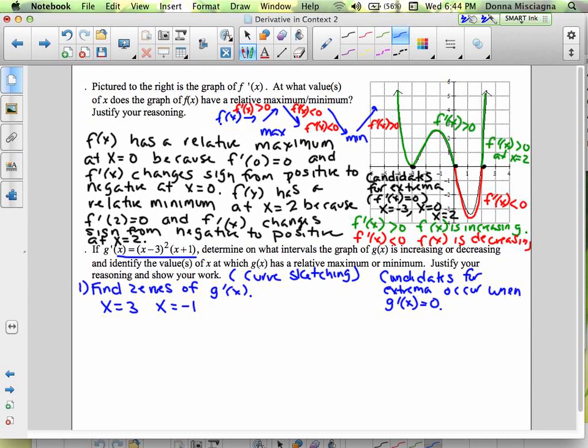So to know whether it's, let me back up just a little bit. Our function g of x can only change from increasing to decreasing between those horizontal tangents, right? Because for you to go one way and then turn around, you've got to stop. Your derivative has got to be 0. You have to have a horizontal tangent. So we've found the zeros. We're now going to do a sign chart